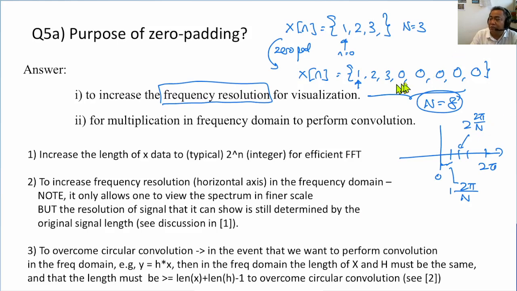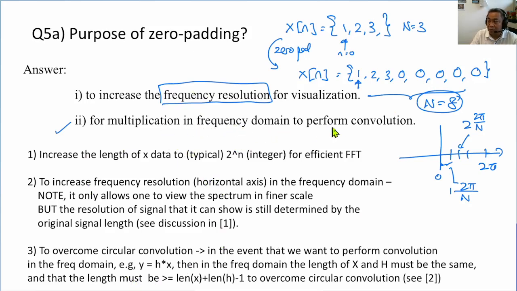You have to be very careful when we pad 0. Although we are plotting a smoother curve, there's actually no extra information given to us. Okay, so you have to read that very carefully. But basically, we are saying we can increase the frequency resolution for visualization, but there's no additional information because only zeros are added. The second reason why we zero pad is to perform multiplication in the frequency domain,